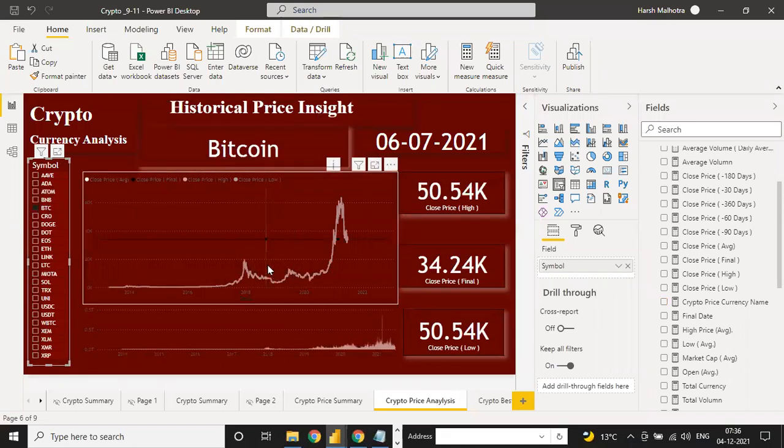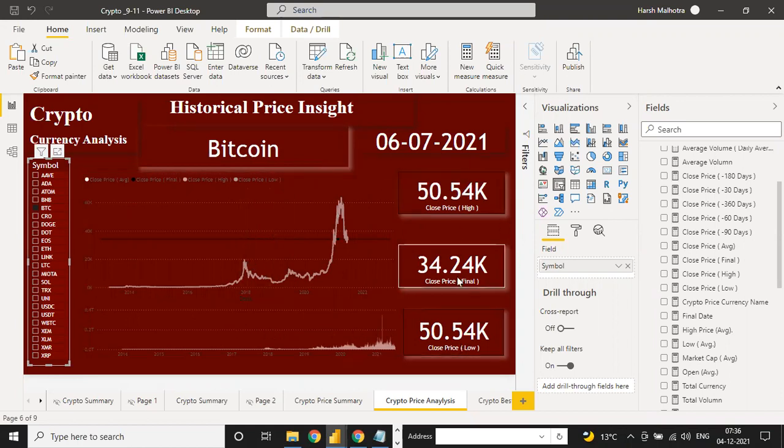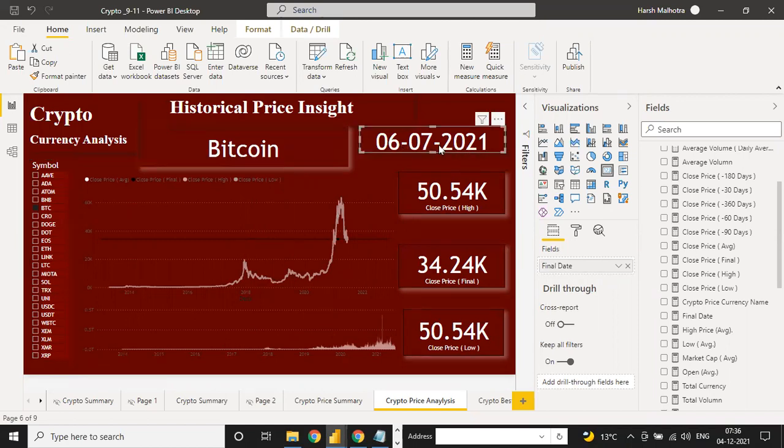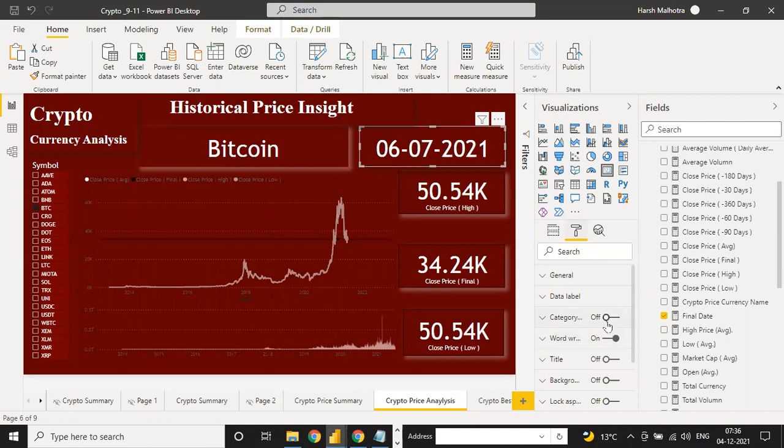This is your Bitcoin analysis, currency price wise, volume wise, and this is your card chart wise. And the last final date in our data is 6/7/2021. This is your final date of your data. Okay, if I move a little down and click here on the category, this is your final date of your data.